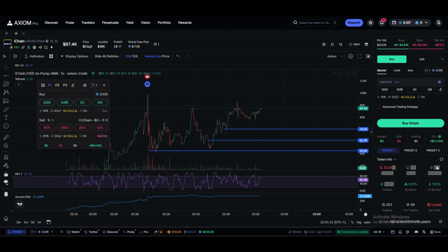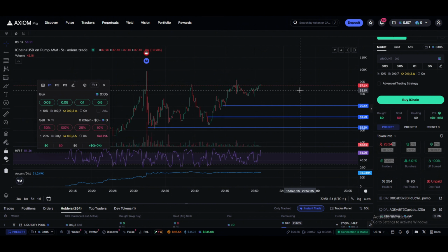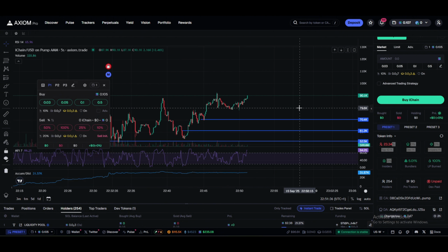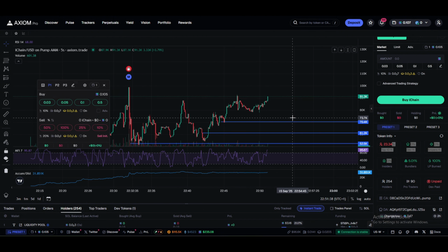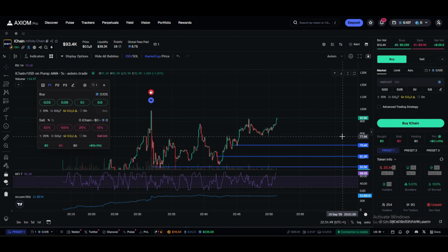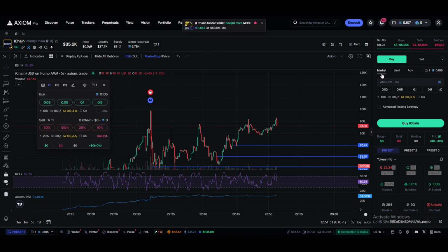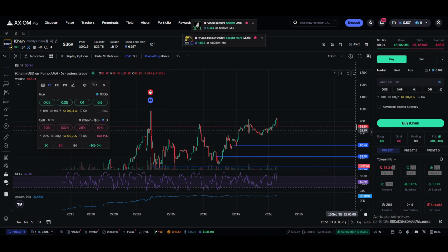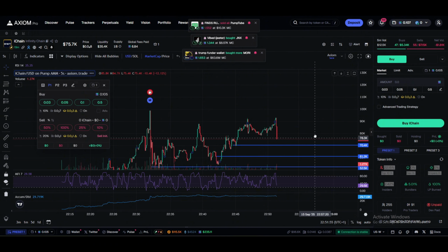It's already migrated, which is nice. Dex has not been paid. It doesn't matter though. But the volume looks lovely as well, to be fair. Like, as you can see, the accumulation/distribution line is very high. That means the coin's hot. You know what I mean? 11k in the past 5 minutes, considering it is, oh, here we go,